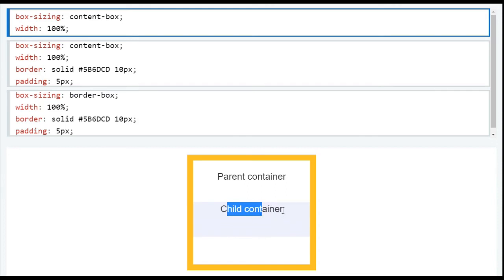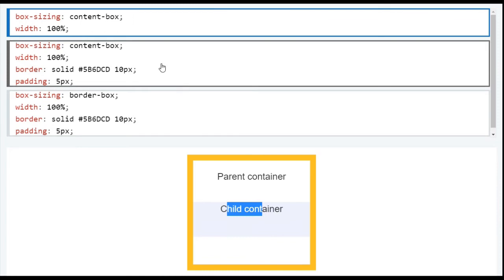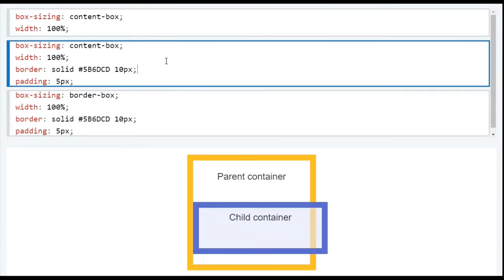So this child element takes 100% width when we have not given any border or padding. Now we give padding and border to this child element, then let's see what happens. Due to the border width and due to the padding, the width of the content area of this element has increased. Here you can see, the default width and height of this element has increased when we use the content box property for the box sizing.